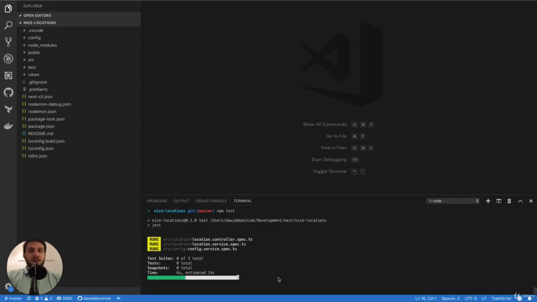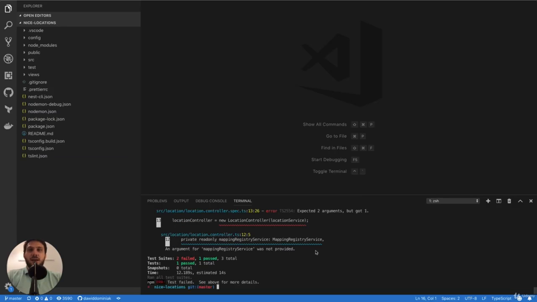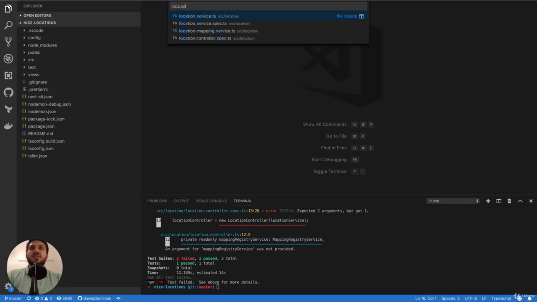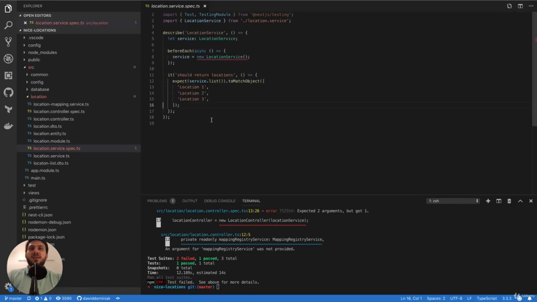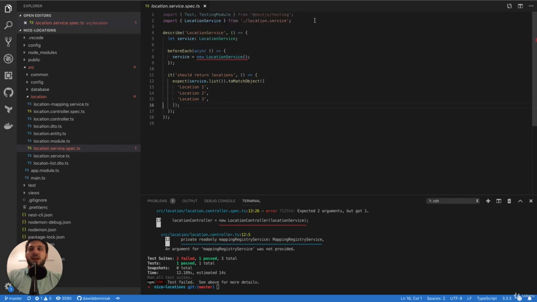So let's run our unit tests in the beginning. To do it, we'll need to use the npm test command. As you will see in just a moment, the tests of controller and service will not pass. Yeah, the tests are not passing. So let's check what's broken. Let's fix them. Let's start from location